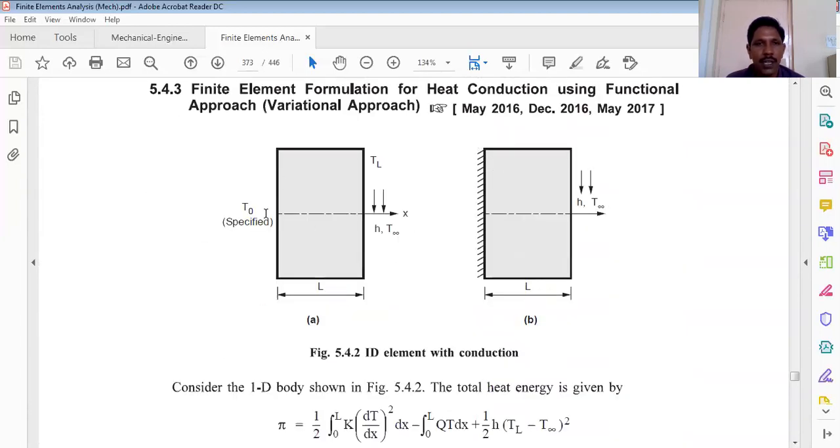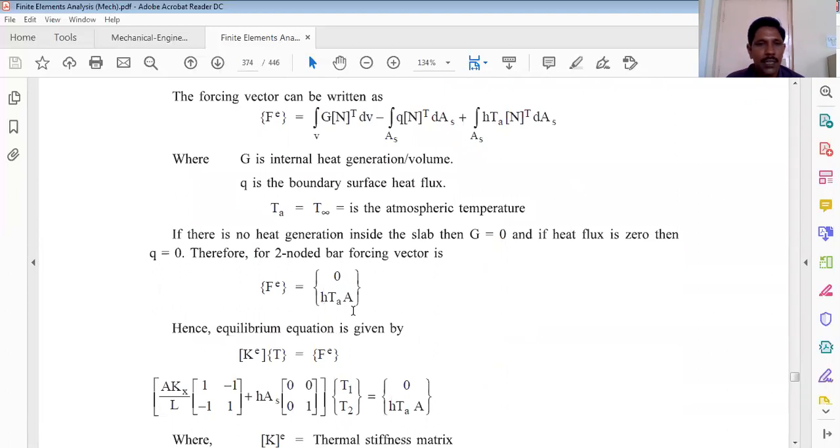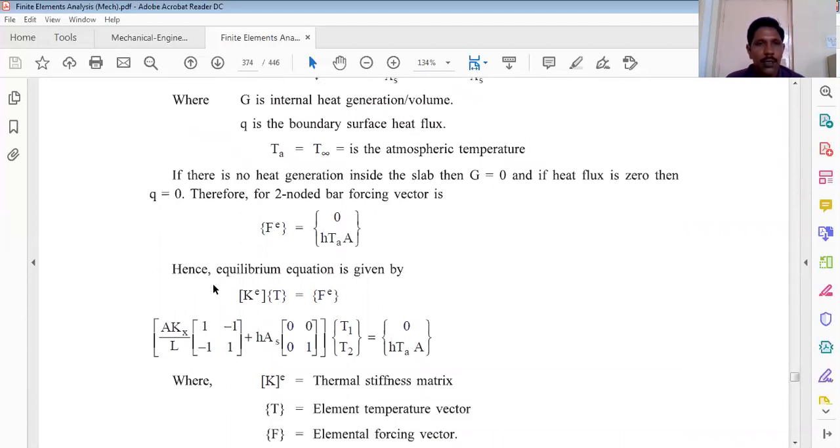It is free from the convection or specified insulated, and we have the convection at node number 2, which is expressed as h T∞ A. This T∞ is the atmospheric temperature or the temperature of the body. Hence, the equilibrium equation in the case of a thermal problem is expressed as K into T equals F,